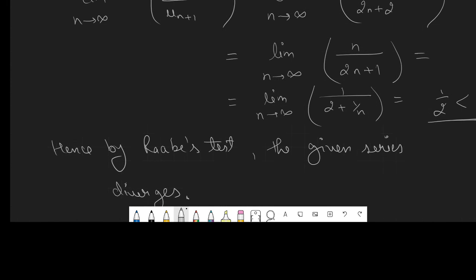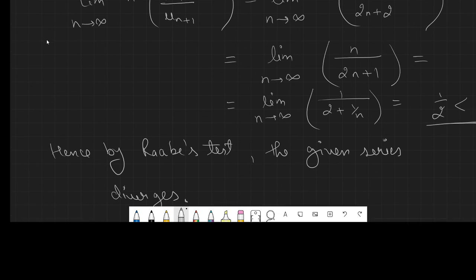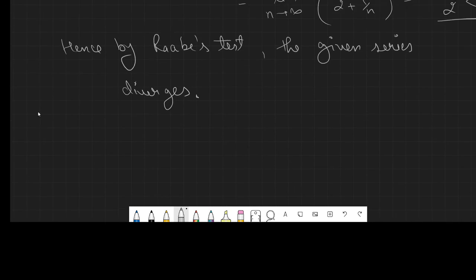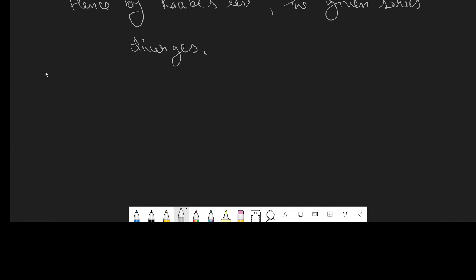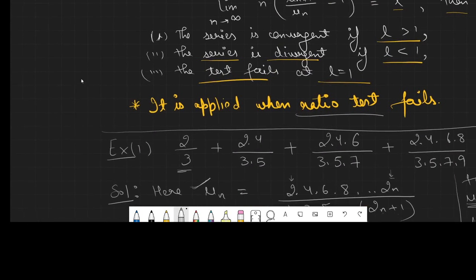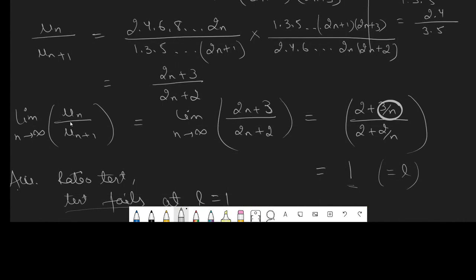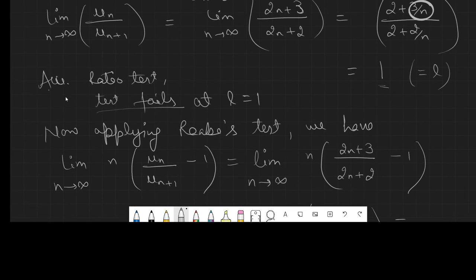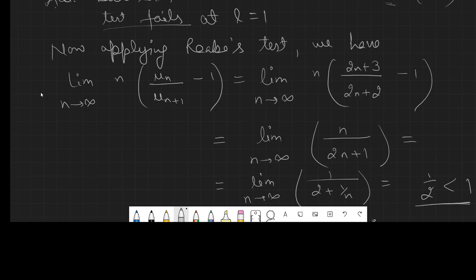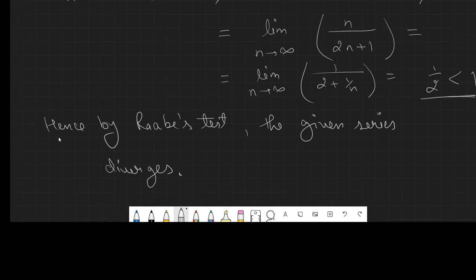In some books, that's the important information that I want to give here, in some books the ratio test is used in the form un plus 1 divided by un. So if you use that form also, then you will get the same answer. Okay,